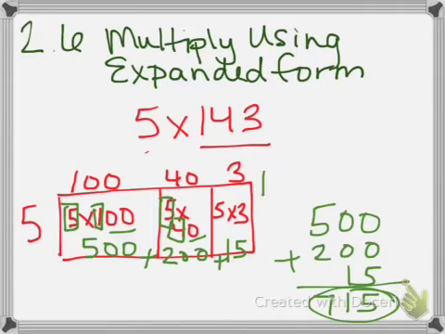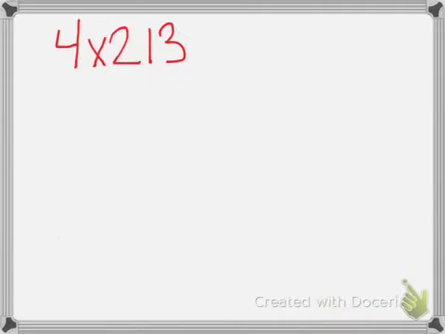Now we're trying to get them away from having to draw a rectangular array every single time. So we're going to take another single digit by multi-digit factors. So we're going to do the same thing we were doing before with the array, but instead we're going to draw and use parentheses. So I taught the kids to do 4 times, and now they have to give 213